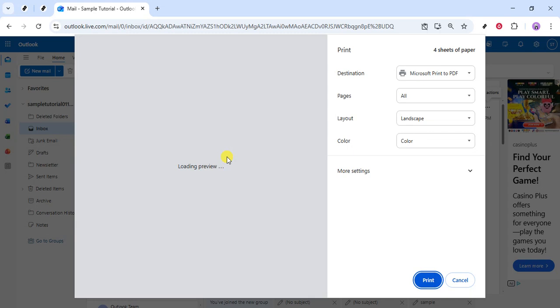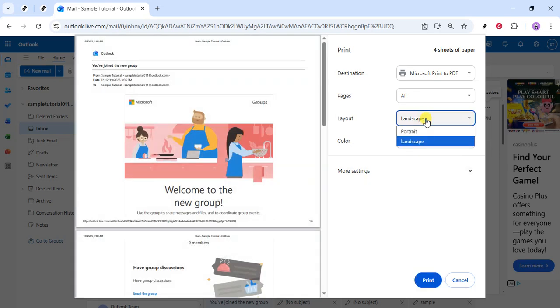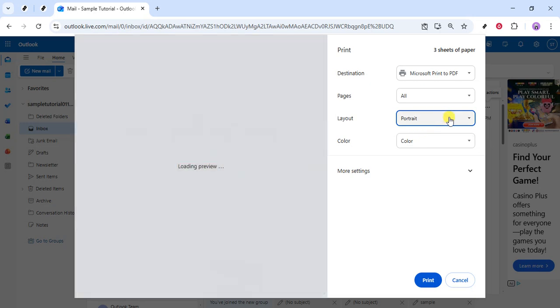A print preview window will open. Here, you'll see how your email will look on paper. Find the layout setting and change it to landscape. Landscape gives you more horizontal space, which is ideal for emails with wide content like tables, receipts, itineraries, or newsletters. As you switch to landscape, watch the preview on the right and make sure nothing is cut off on the